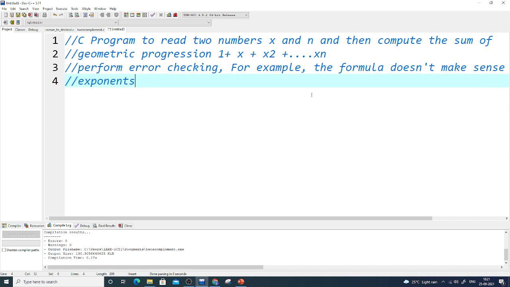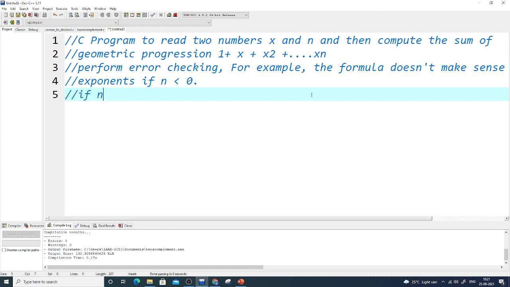If it is not making sense for negative exponents, that is, if n is less than 0. Okay. Now, if n is less than 0,